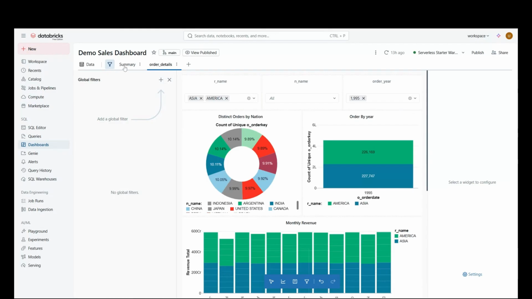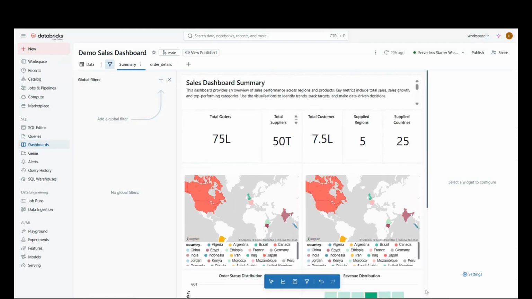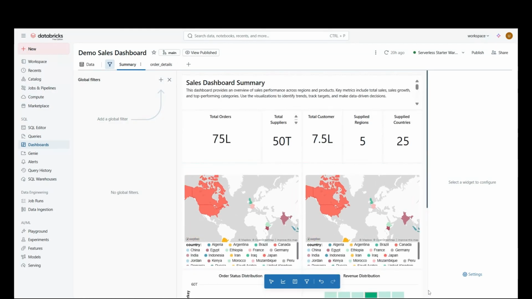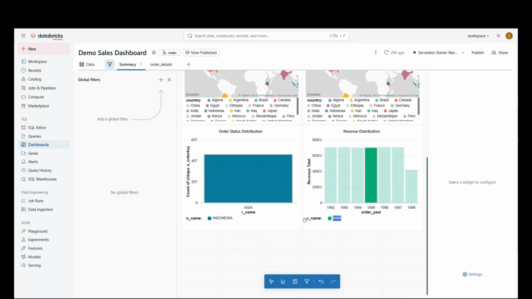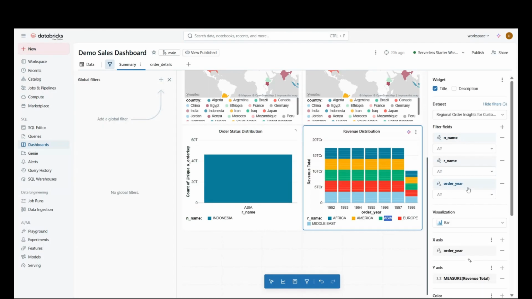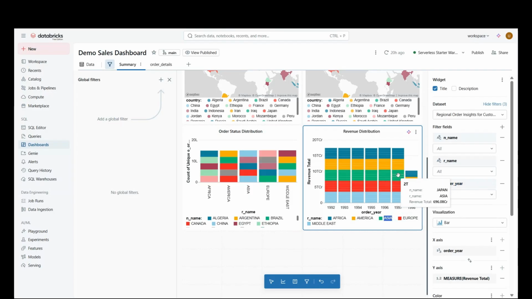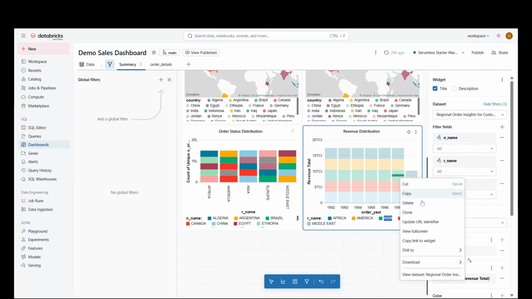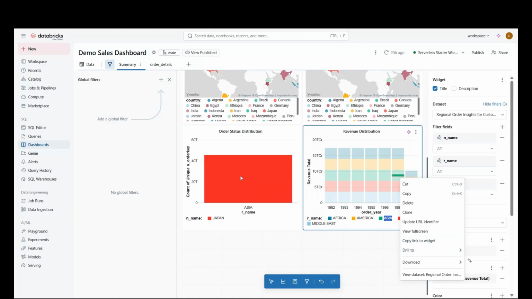But in your source you can limit to two. Say for example, in the first graph I have filtered on only two of the three, whereas in the second one I have filtered on all the three columns. The moment I select a particular value and click on drill to, you will see the cross functional filtering is also applied. Basically, once I select a particular thing, it narrows down the other one, and you can beautifully drill